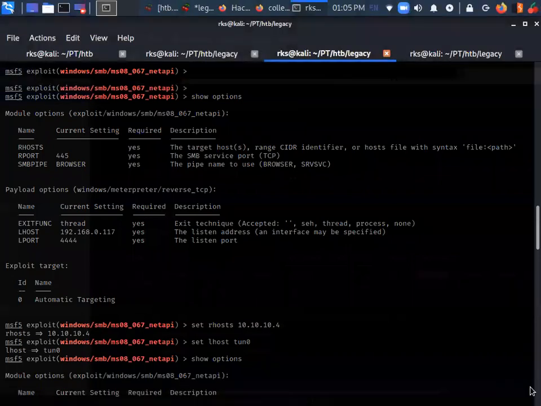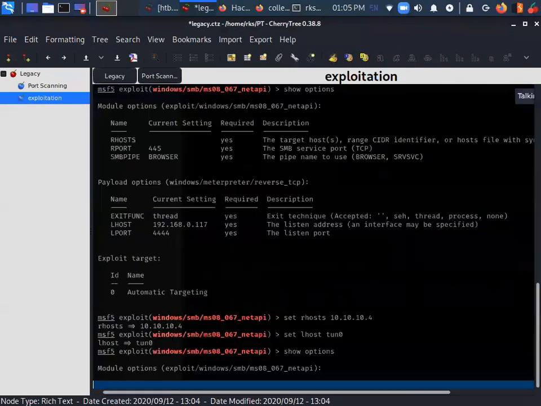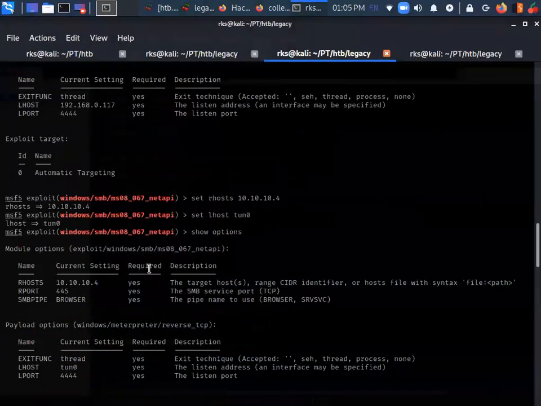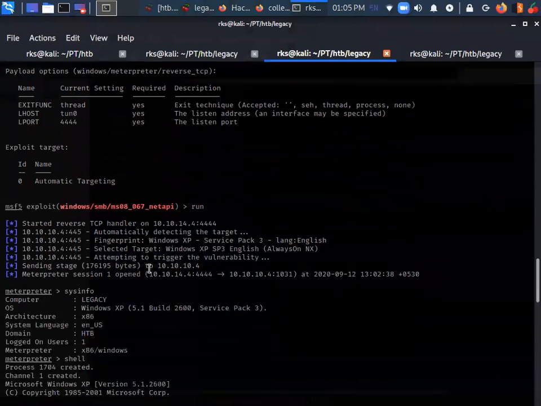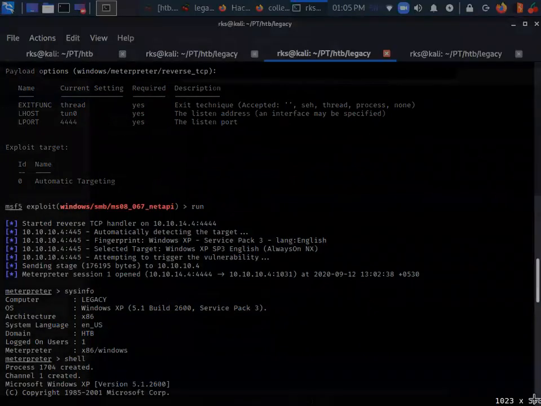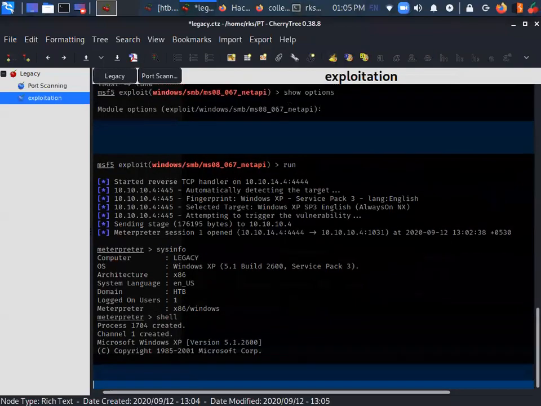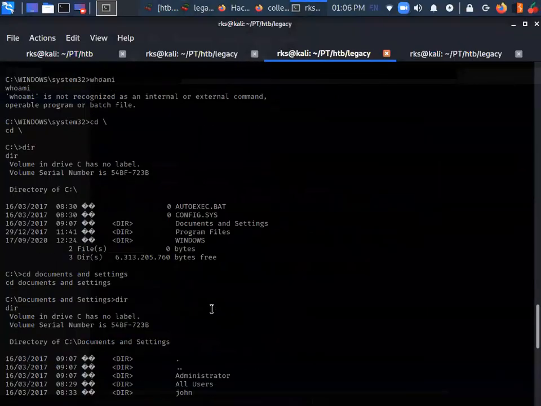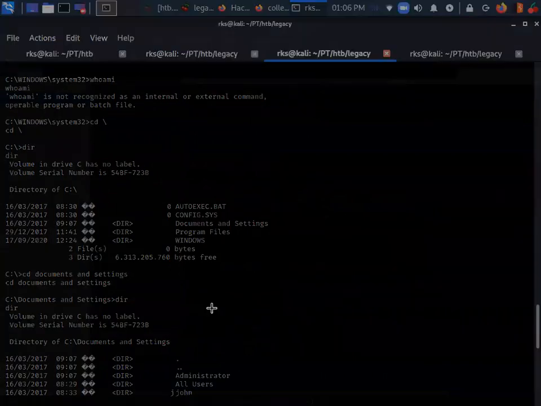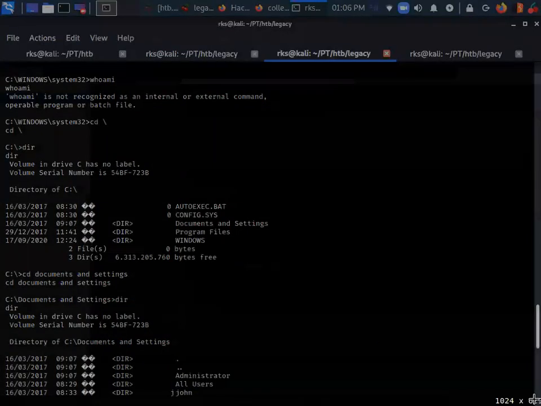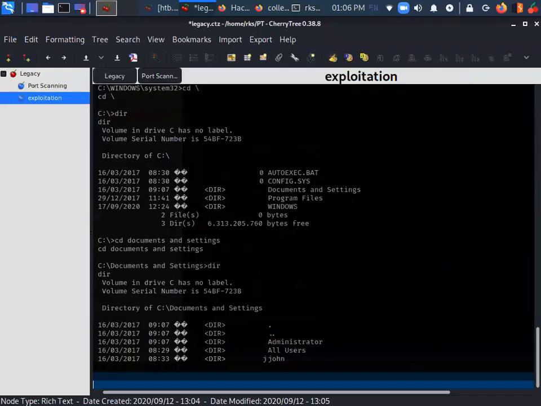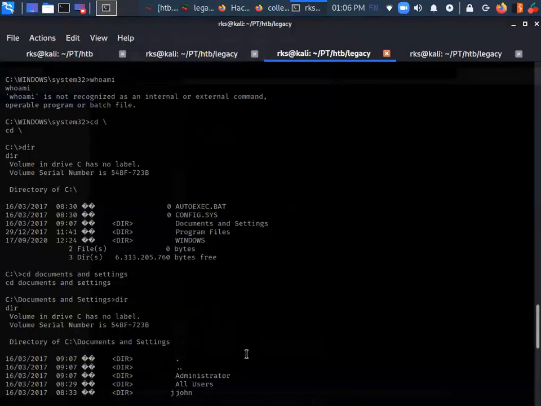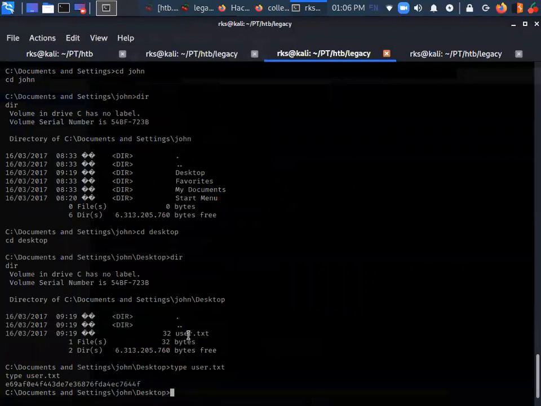Let's do show options. Snap over here. Okay, so finally we do have a user flag over here.